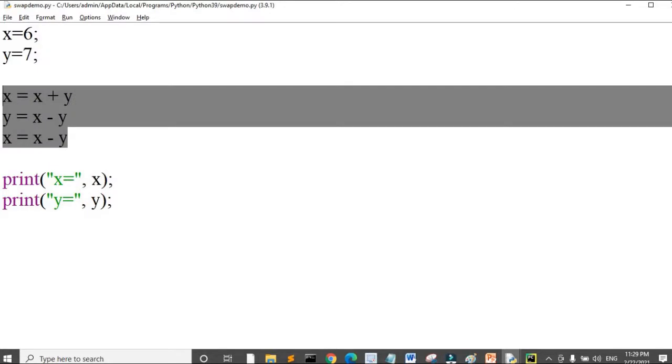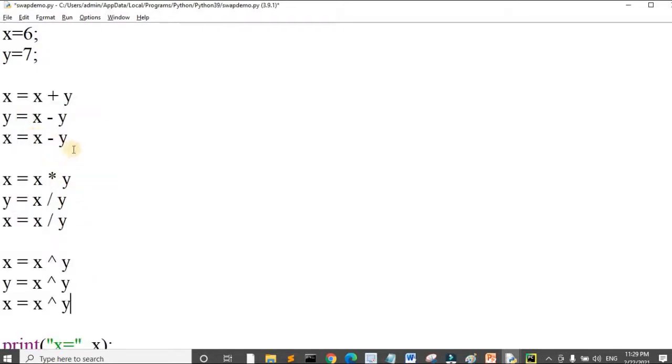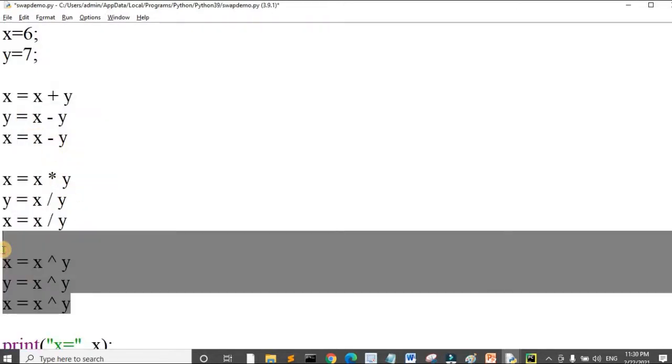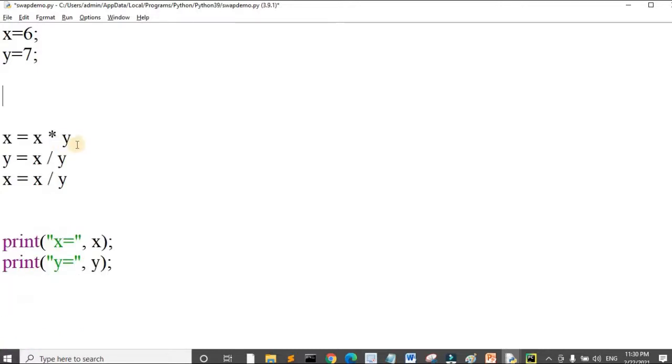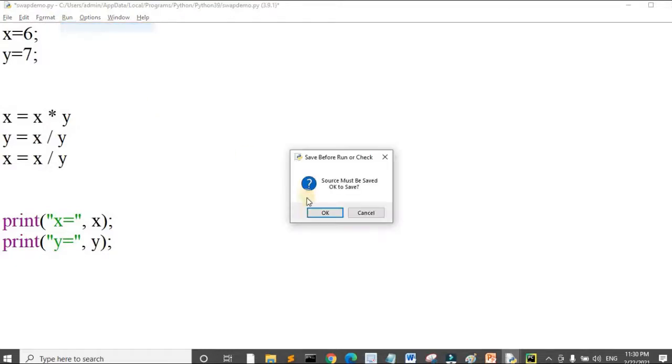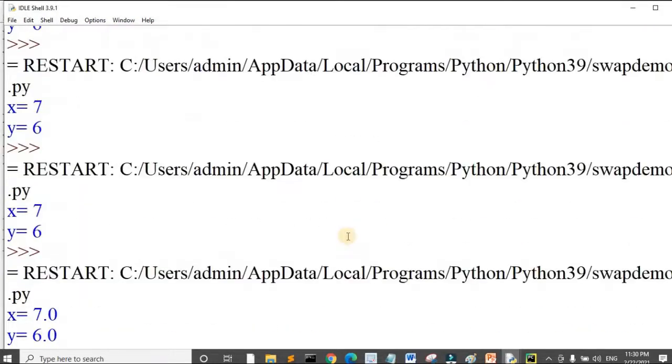I am considering the other two operations too. Here I am considering the case of multiplication and division. Let us say I am running the code, how this works. I am saving the program. Let's see here, the x got the value of 7 and y got the value as 6.